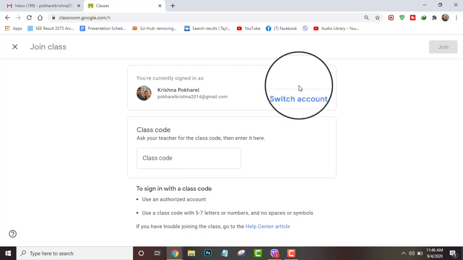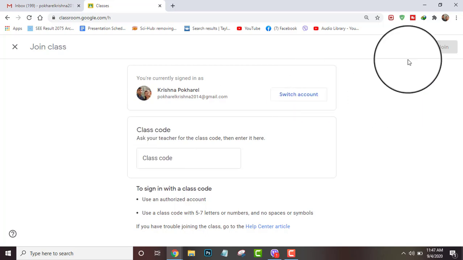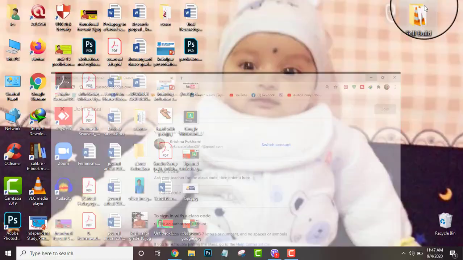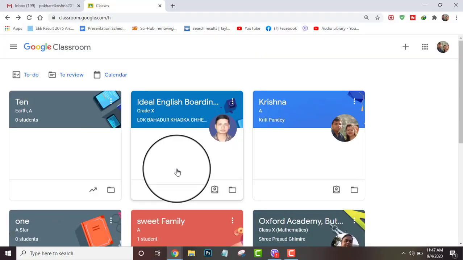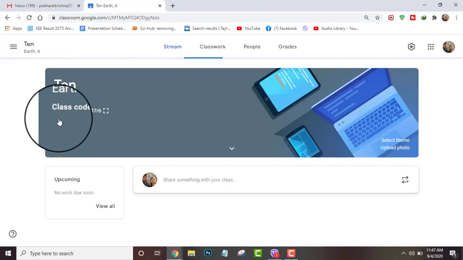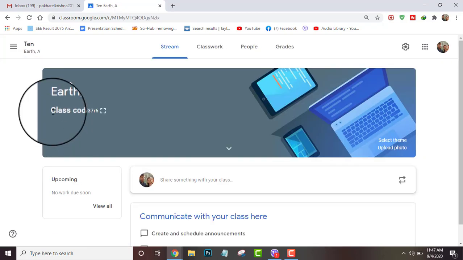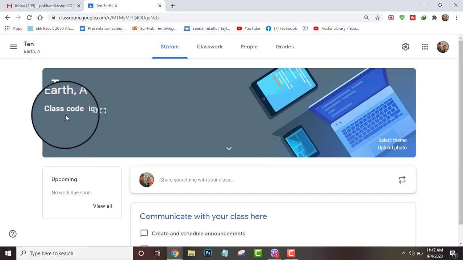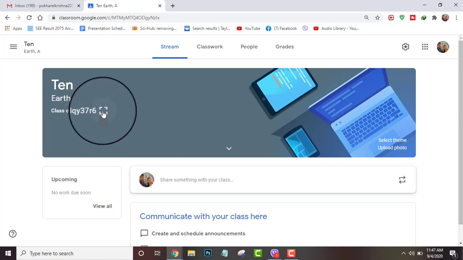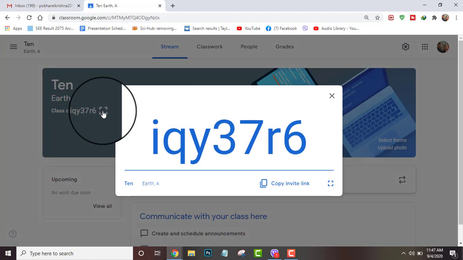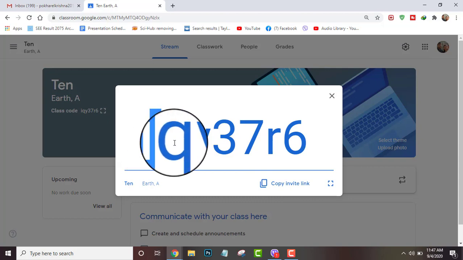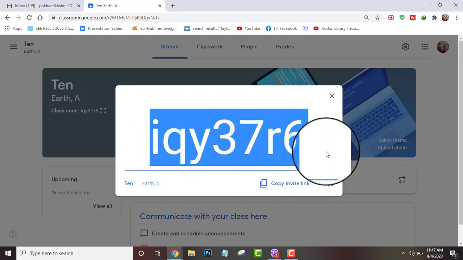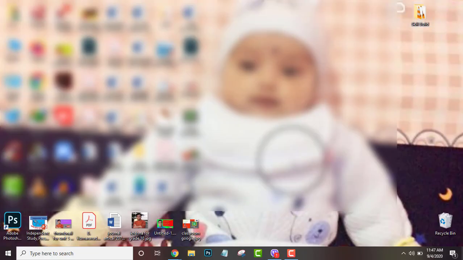So I will show you how to bring the class code. Let me minimize it. And there are many classes. Okay, I will open the class 10 and there is a class code. I think you see it. Okay, when I go to this box and click on it, the size of the class code becomes large and it is clearly visible. So it is the duty of the students to copy this code